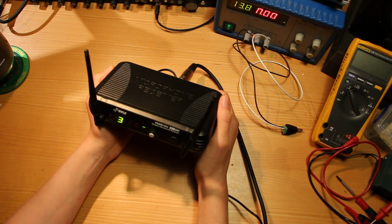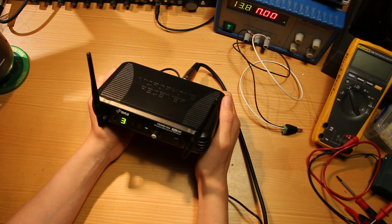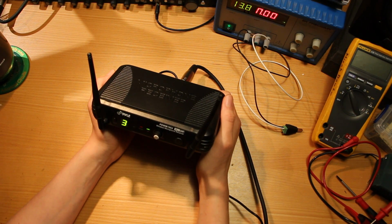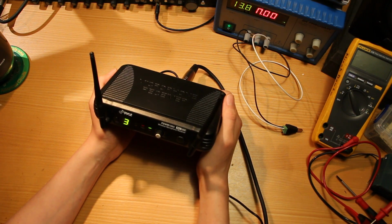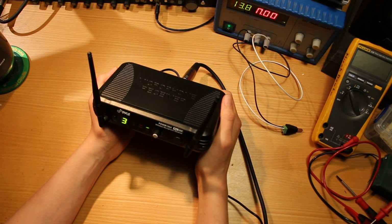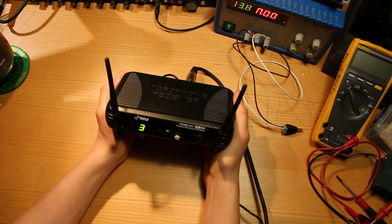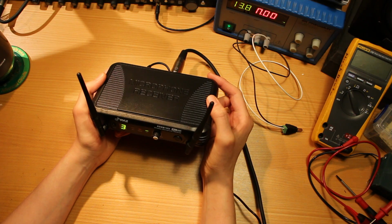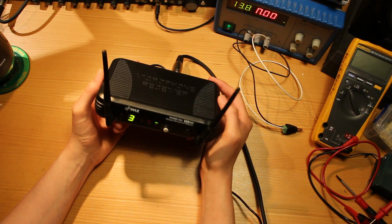Unfortunately, if you're on headphones or you're in a quiet room, you might also notice the background hiss. Today, I'm going to see if there's anything we can do about that, and at the very least, take this thing apart and see what it's like inside, and see if there's anything easy we can do to improve the quality. This came as part of a kit with a headset and a lavalier, along with the transmitter,